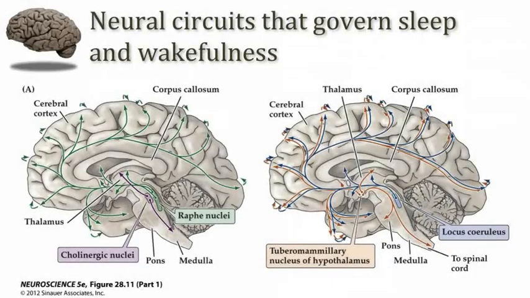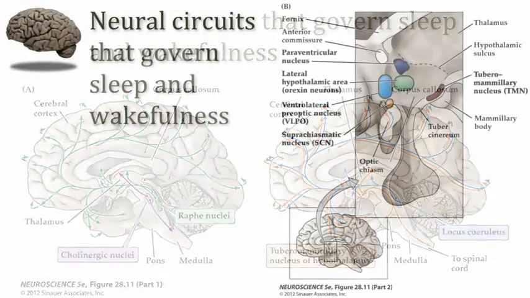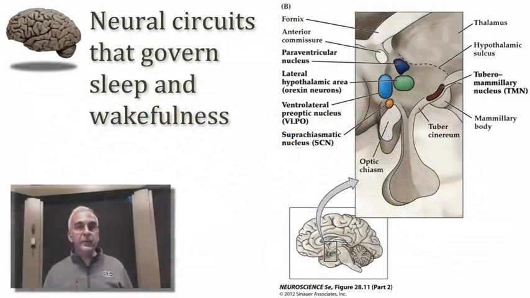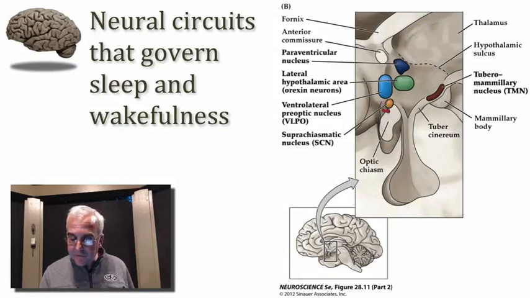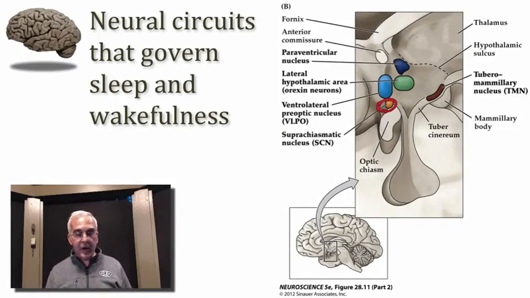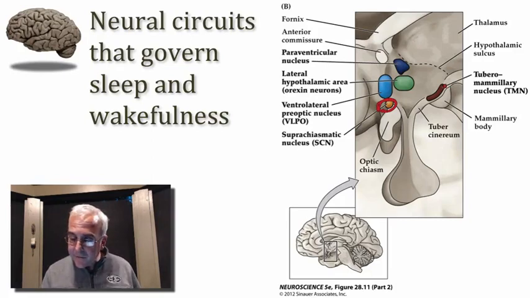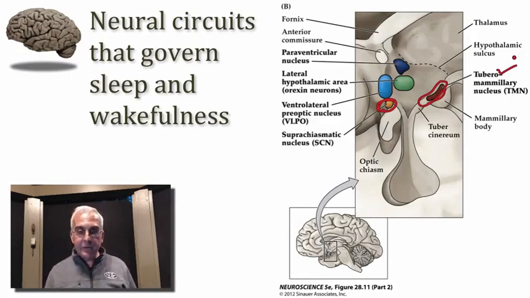There's a couple of other key players here that I want to localize for you. If we look into the medial part of the hypothalamus, we can identify some of these clusters of cells. Here's our suprachiasmatic nucleus sitting right above the optic chiasm, of course. And back in the posterior part of the hypothalamus is where we find that tuberomammillary nucleus, just dorsal to the